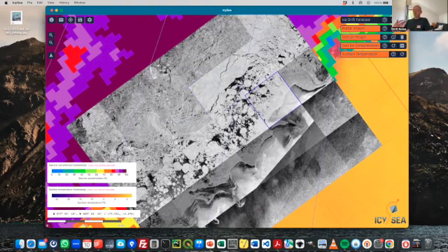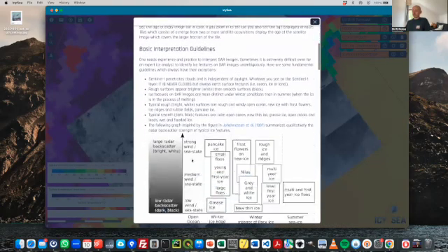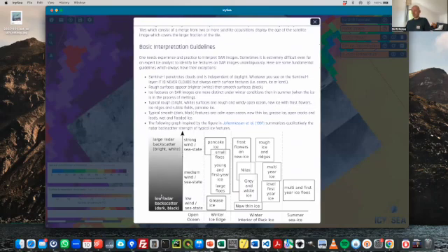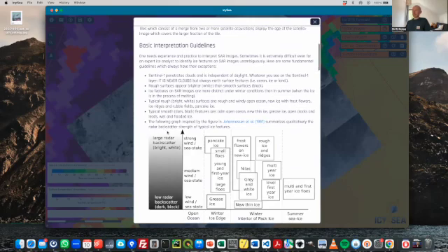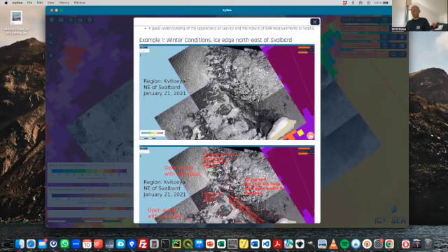So I usually find the radar images the most useful. However, sometimes they can be, as I said, a little old. And then it's really about getting as much information as possible to make an informed decision, figure out what you see. And I think the radar images are somewhat difficult. So you've got the help menu again here, which pretty much tells you the most important things. You can see the different grayscales that tell you something about what kind of ice you're looking at, and that the radar images obviously never show clouds. And you also have a guide for an example